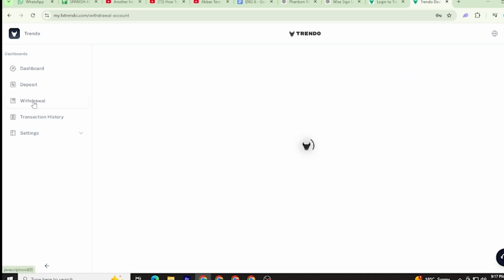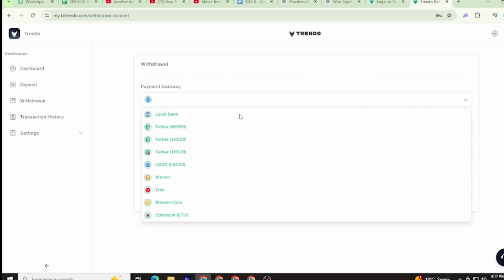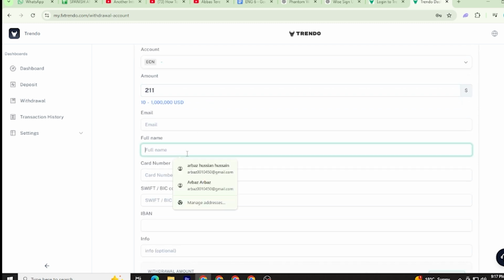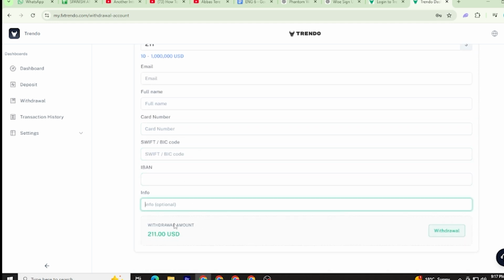Enter the profit amount available for withdrawal, confirm the request, and complete any necessary KYC verification steps. Trendo states that withdrawals can take up to 48 hours, though many users receive their funds within a few hours. Simply follow the guidelines, trade consistently for 4 weeks, reach the required targets, and you'll be able to withdraw your